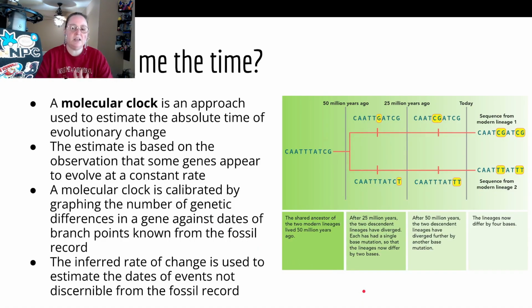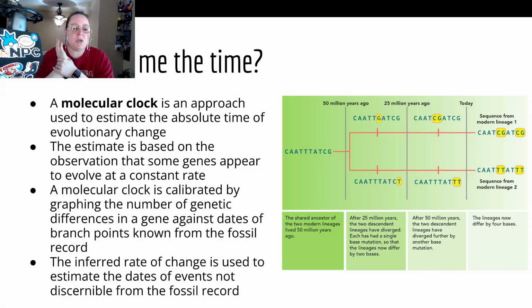So, now, one last thing I want to mention for this chapter, and that is the molecular clock. We can actually use mutations and figure out when they happened on the timeline of Earth. This is actually really cool, but it also helps us estimate absolute time of evolutionary change. Because if you can figure out where the mutation is, you can figure out when that happened. And that is called the molecular clock. It's basically an approach used to estimate the absolute time of evolutionary change.